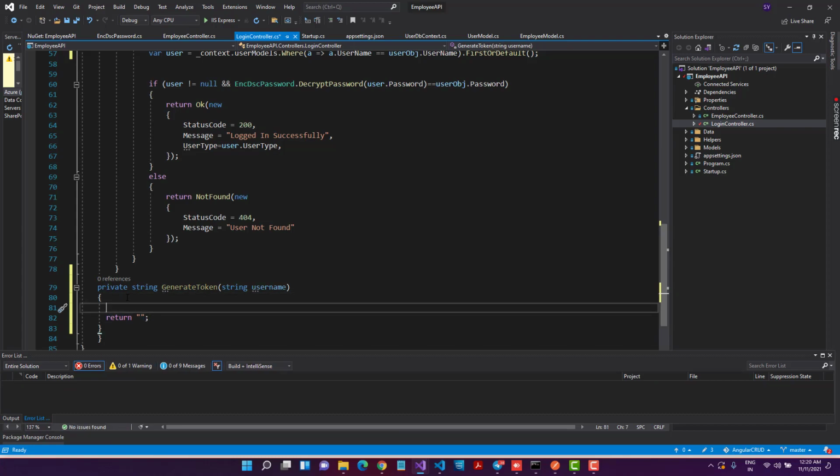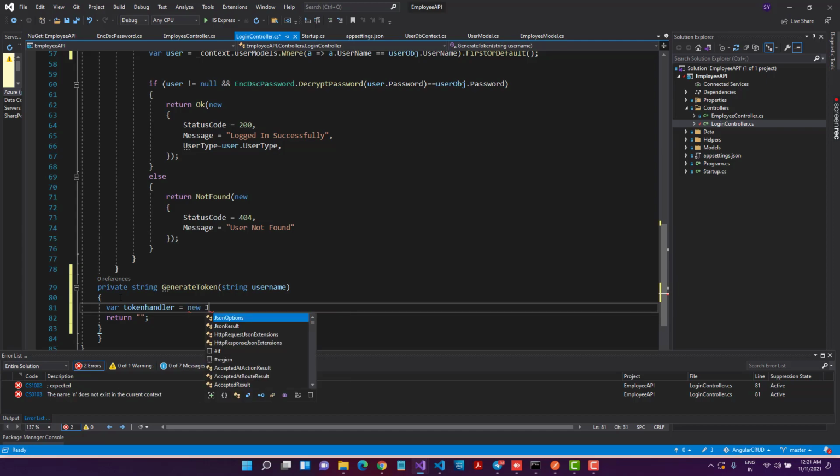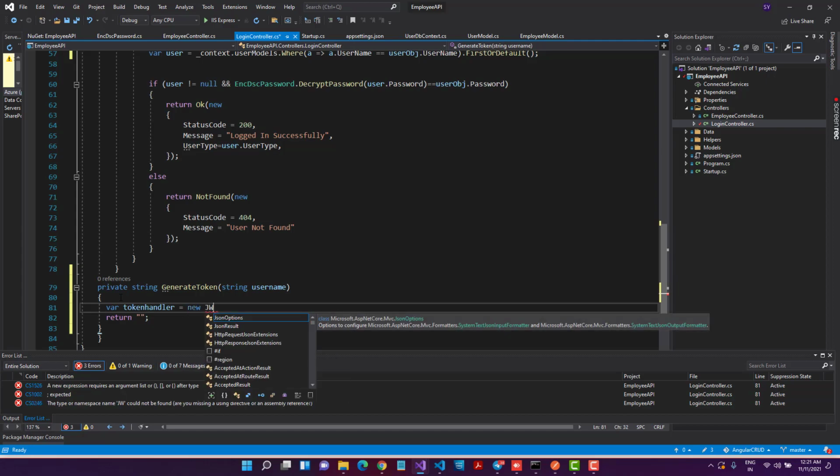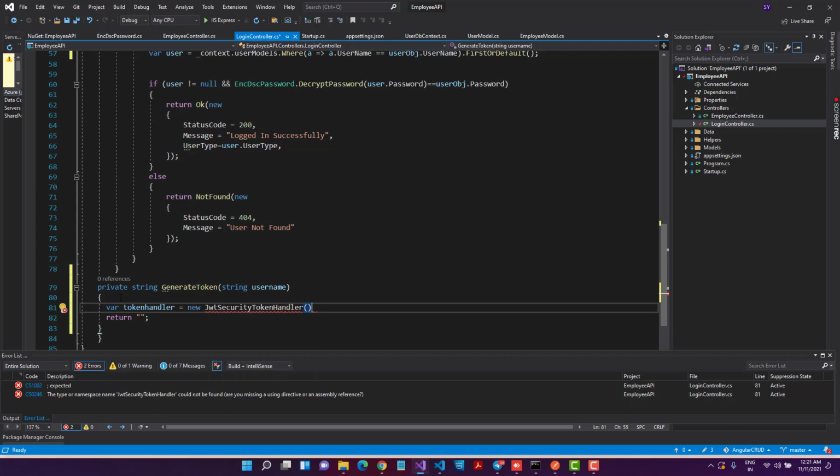First of all, to use JWT, we need a JWT security token handler. So first let me create a handler for it. I'll call it tokenHandler, and it's a JwtSecurityTokenHandler.